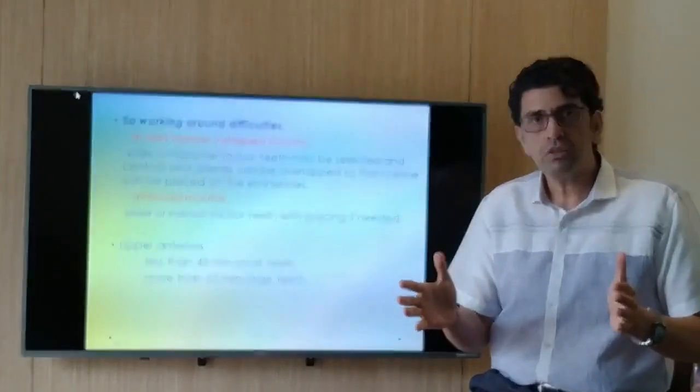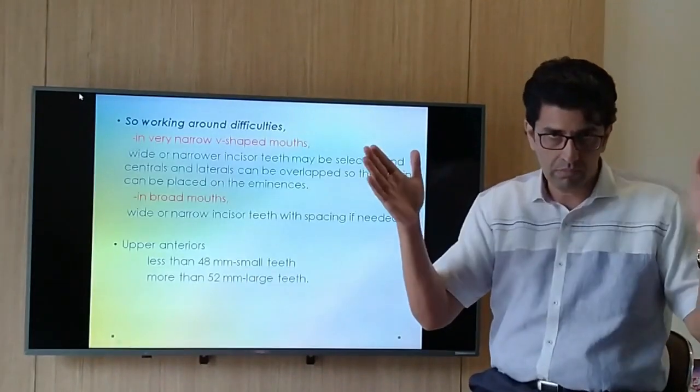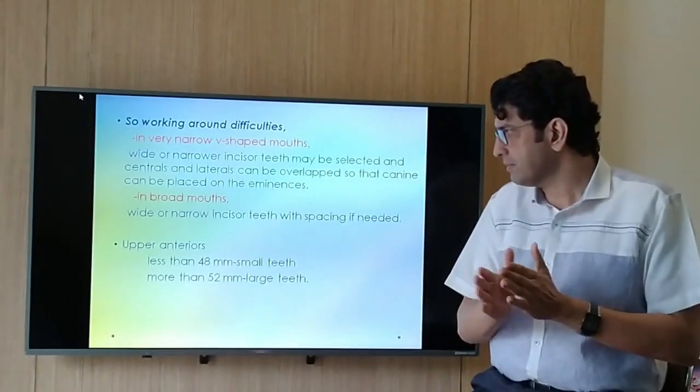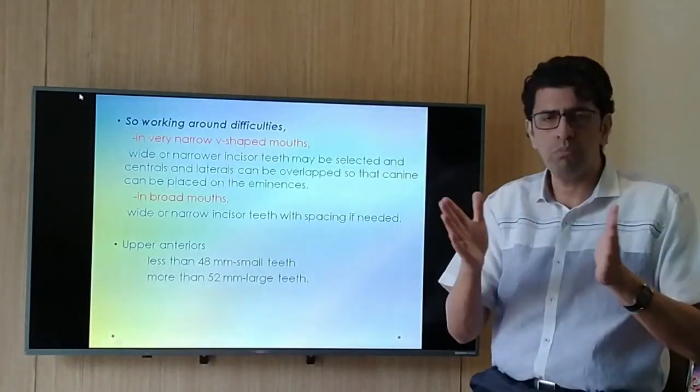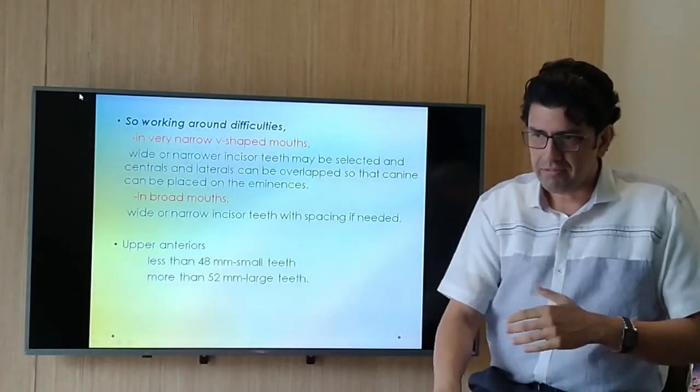So the upper anteriors, if you're going to say that they are less than 48 millimeters, the segment width, this is generally seen as small teeth. And if they are more than 52 millimeters, they are seen as larger teeth. Then, from there,